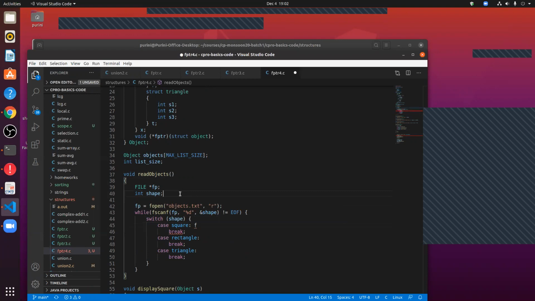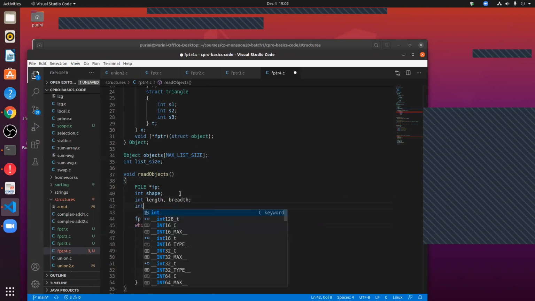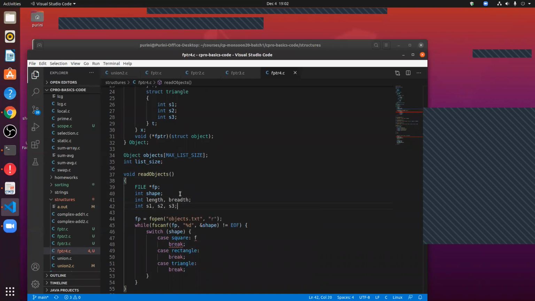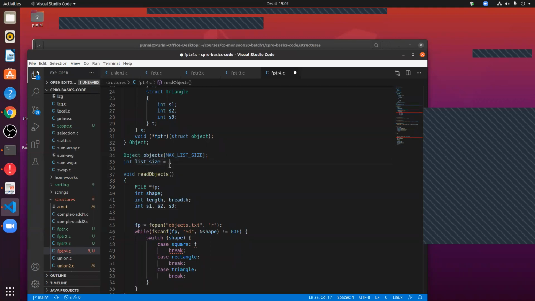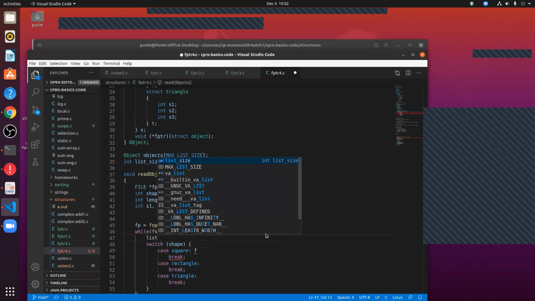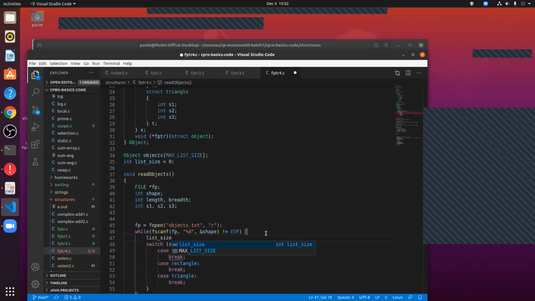we will also have three things: int length, breadth, int s1, s2, s3, and int list size is equal to 0. So what do I do? If it is not equal to 0, then I will say list underscore size plus plus. If it is a square, fscanf fp